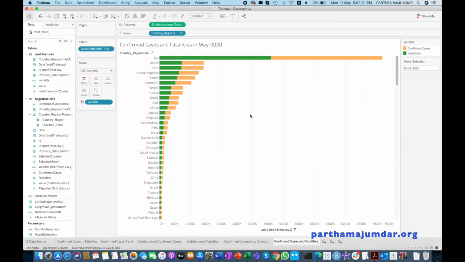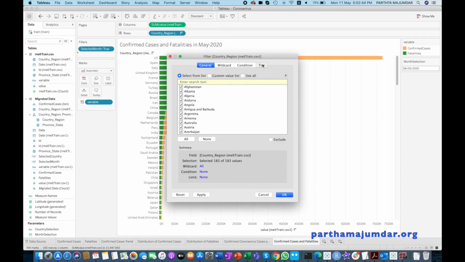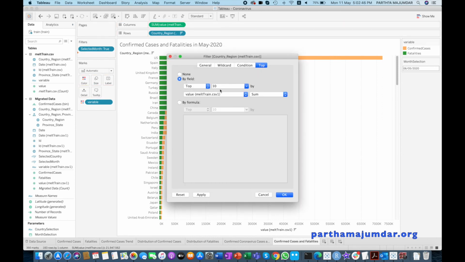So there we have what we wanted to generate. I can further add a filter here. I can add a filter for country and say take top 10 countries.